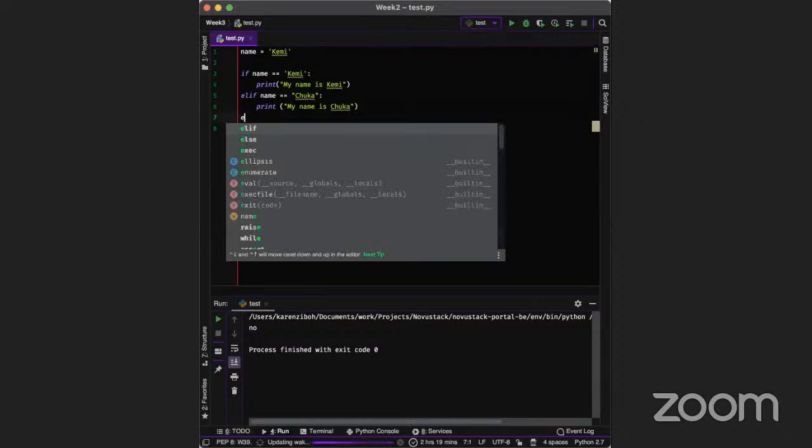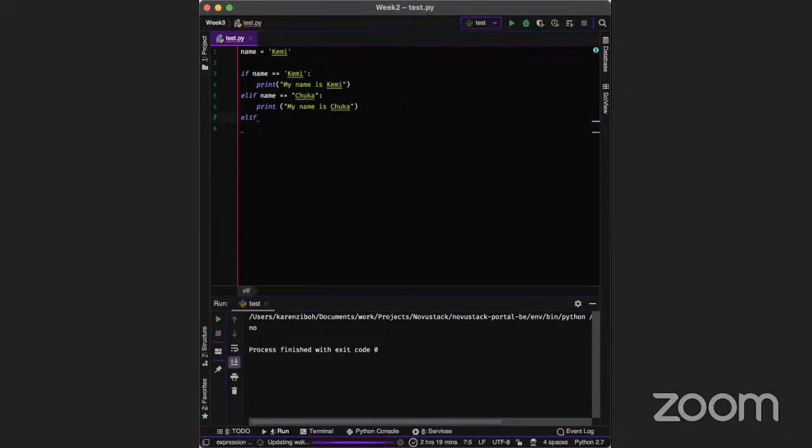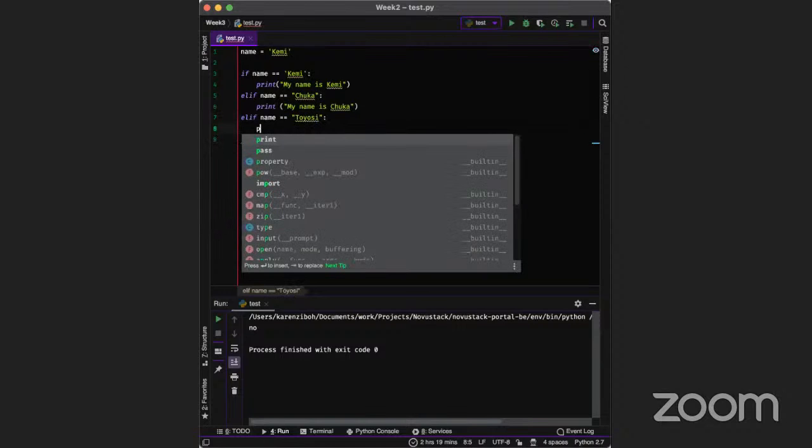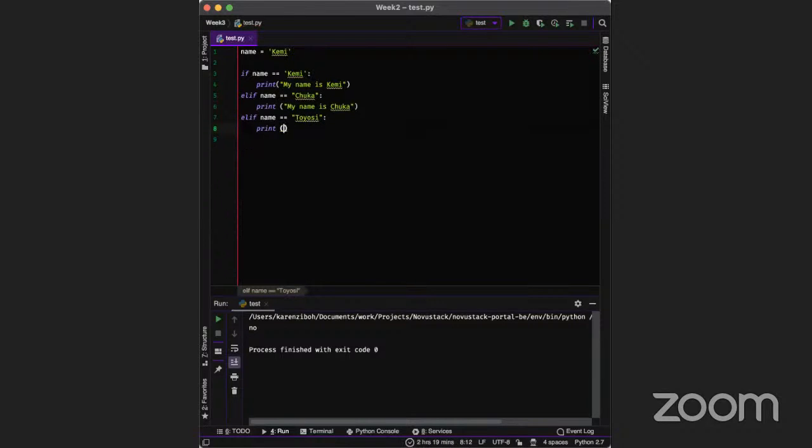And then you can add another elif. Say if name is equal to Tracy, print my name is Tracy. So whatever this evaluates to, either of these conditions is going to